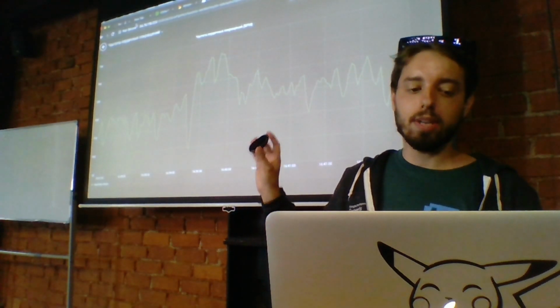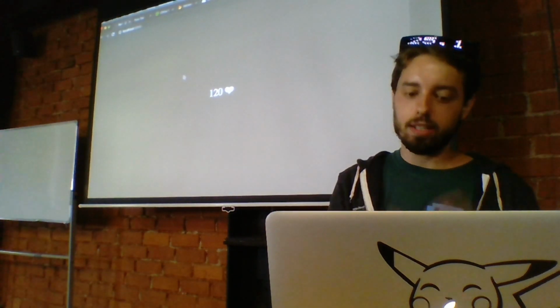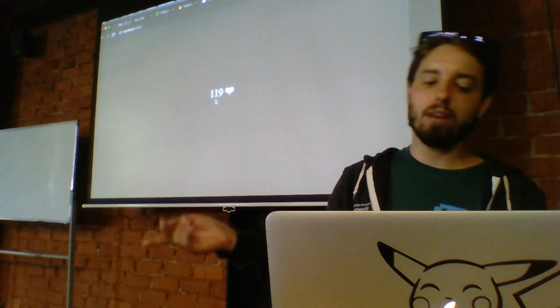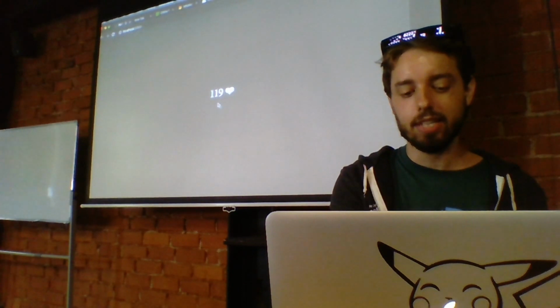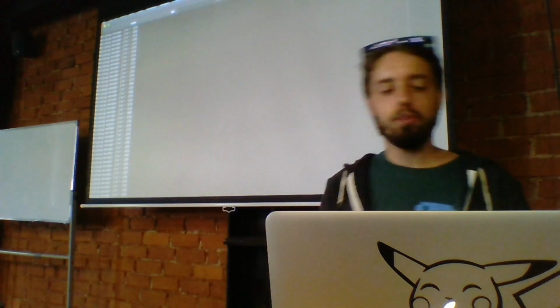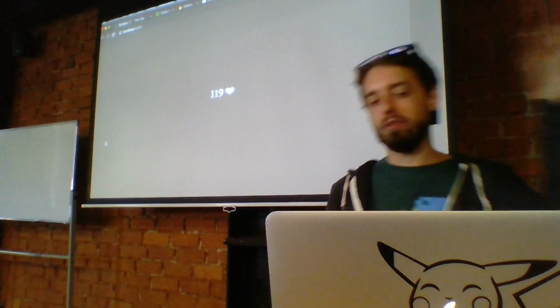So I created a static web page using web Bluetooth APIs, and it detects my heart rate. It will soon go to 0 because I just disconnected. It connects to a Node.js server locally, and my Node.js server on my machine is connected to Cloud IoT Core. So the sensor was connecting to my machine, and my machine was sending data to Cloud IoT Core.